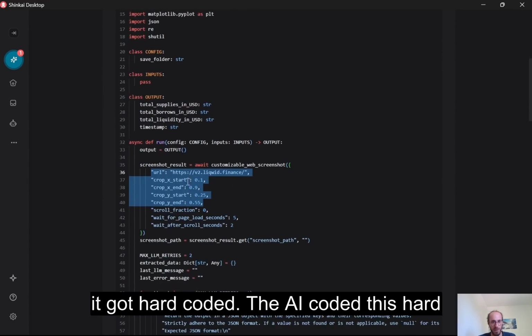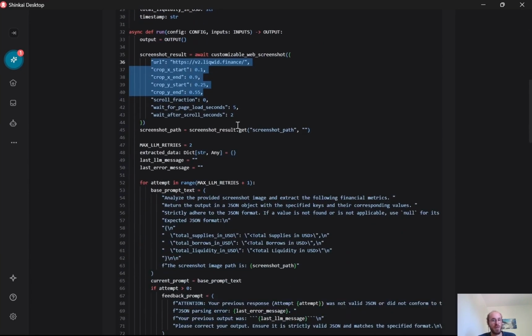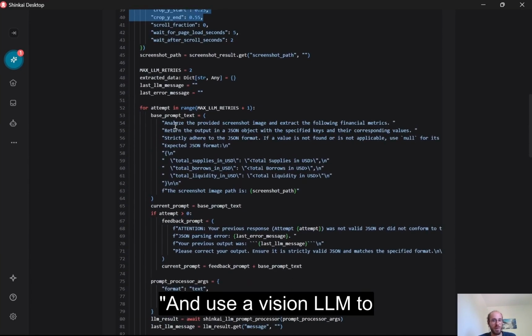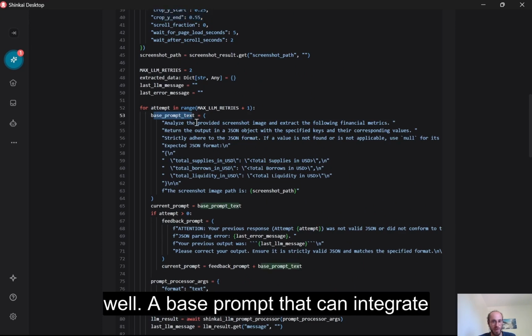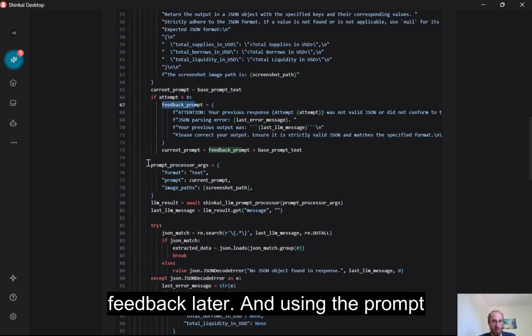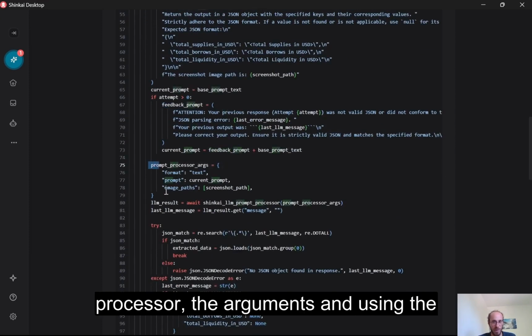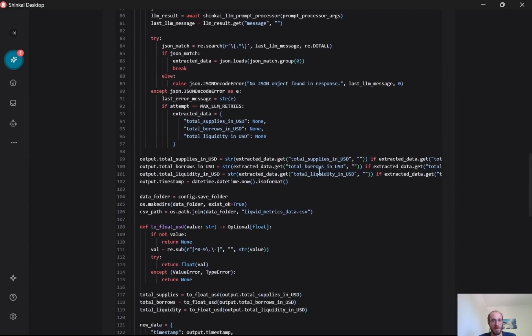So the AI coded these hard-coded requirements, instructions here, and uses a vision LLM to extract those metrics, and it did that well, with a base prompt that can integrate feedback later, using the prompt processor, the arguments, and the image, the screenshot that was taken, and then